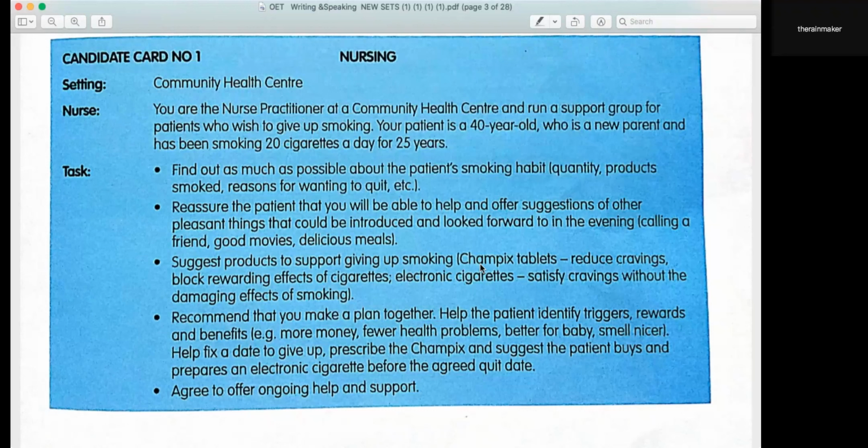If this patient really comes while you are the nurse in a clinical setting, you're not going to go according to a certain task, but you're going to just keep the story in your head. It is not necessary that you use everything from here. E-cigarettes are already given. That Champix tablet, you can just mix it with nicotine patches. You can use it in conjunction with chewing gums. Yeah, give the basic nicotine craving.